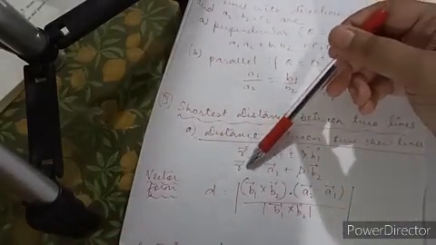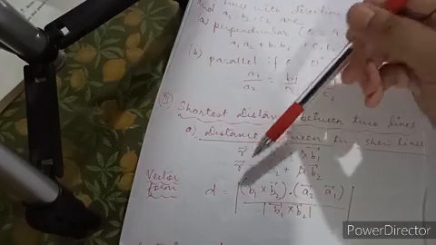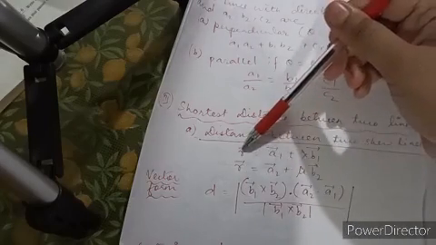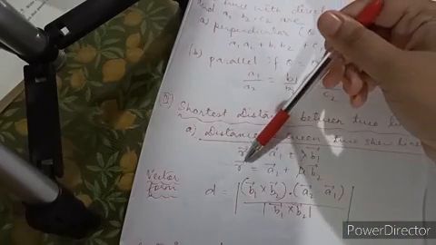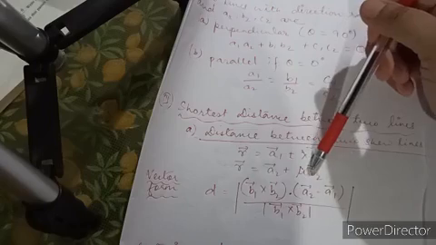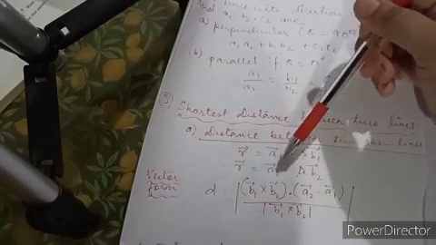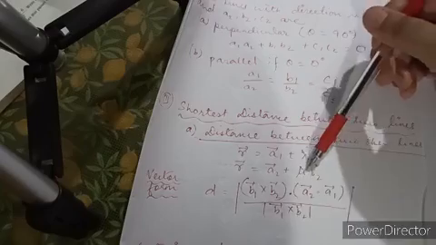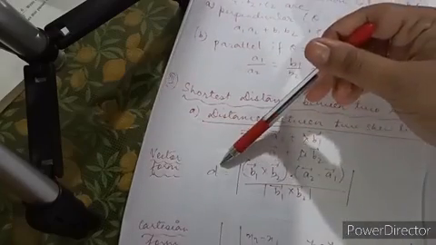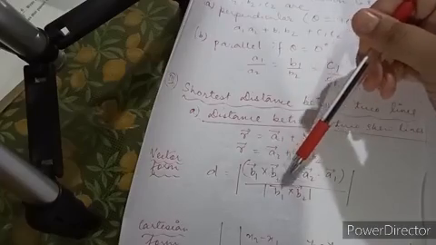Whenever you are given the vector equations of two different lines, you will see here r vector equal to a1 plus lambda b1 and r vector equal to a2 plus mu b2. So both the lines have different a1, a2 values as well as b1, b2 values. Then what will be the distance between them? That will be b1 cross b2 dot